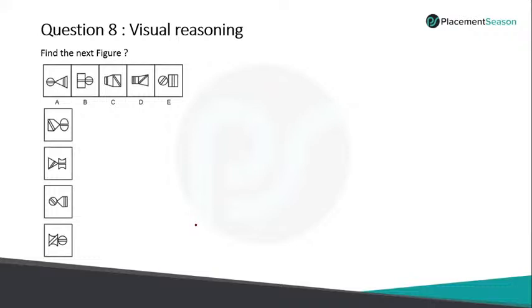So here the approach is the views of the figure. A, B, C, D, E given here are basically the views. If I take the order of the views, I'm getting D as the answer, right? You have to see the views for this question, the logic.